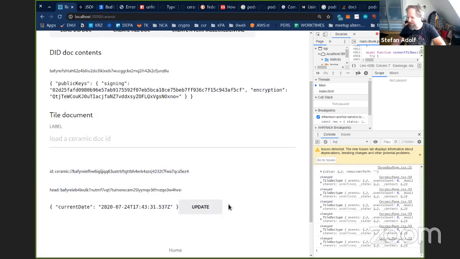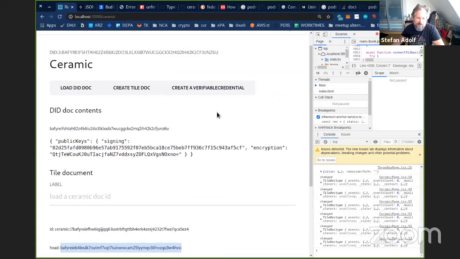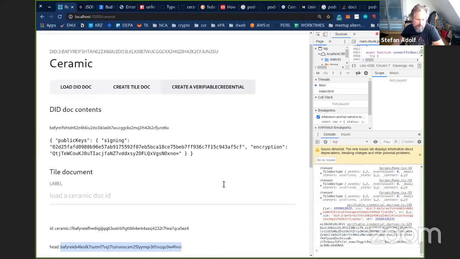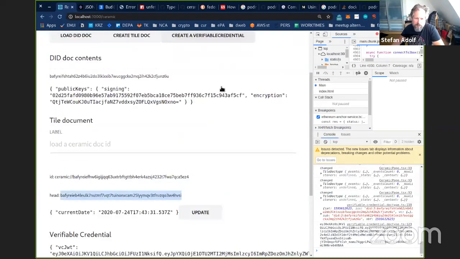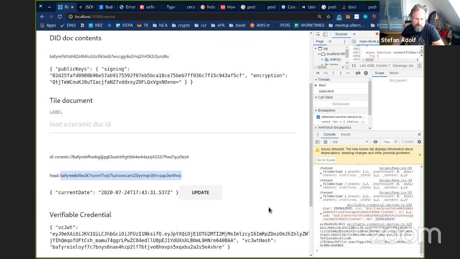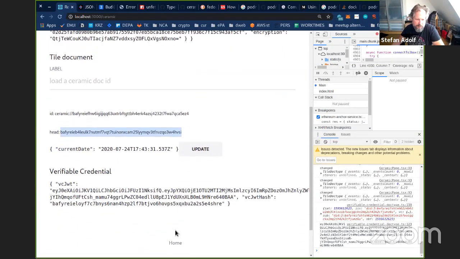And now here comes a problem. If this runs in the browser, there is no anchoring service. So every time I reload that one, it doesn't know about the updates because it never anchored anything. And this is something I would like to get around. But coming back to the verifiable claims, this is just a demo. We just created a verifiable claim document when I click the button, and this is the contents. And Anmol was using the